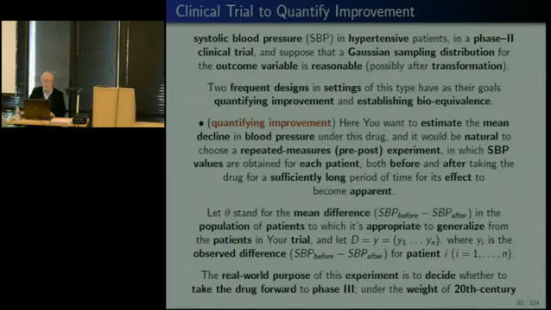Now, when we're in the world of phase 2 clinical trials, the purpose of such a trial is to decide whether to take the drug forward to phase 3. In other words, the purpose of this experiment is to make a choice, to make a decision. And yet, as I think I've mentioned to you before, the latter half of the 20th century was dominated largely by the frequentist paradigm that did not have much to say about practical day-to-day decision theory. And so as a result, there was a big emphasis on inference in settings where decision was really the appropriate